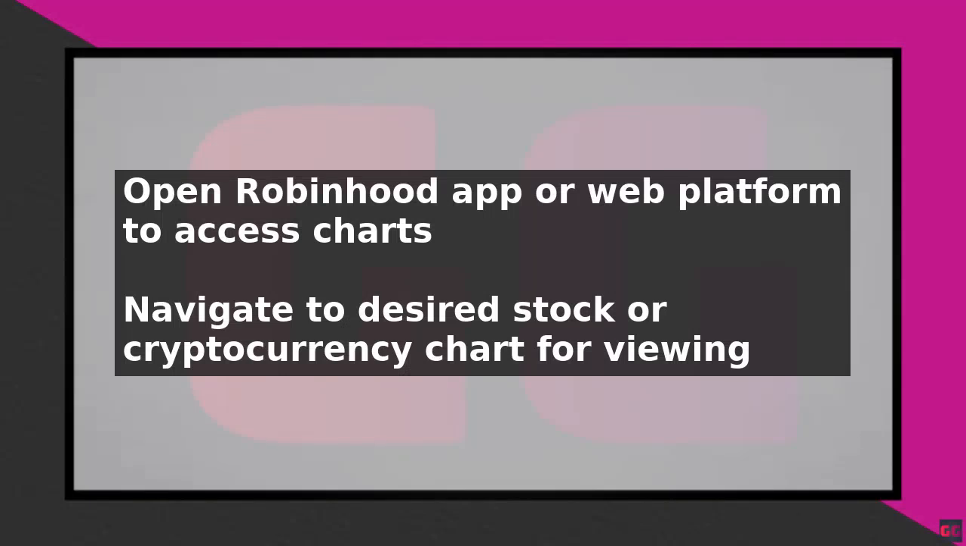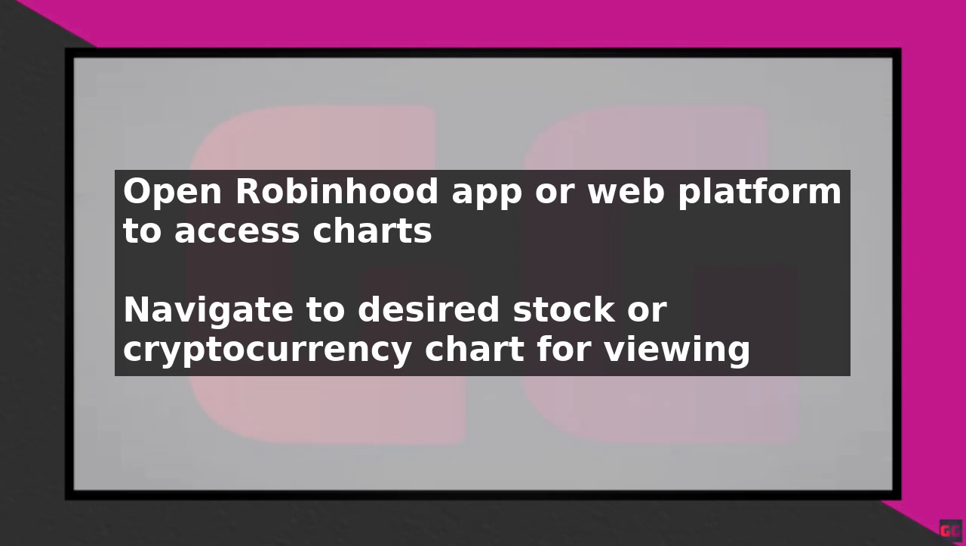To change Robinhood to candlesticks in 2025, start by opening the Robinhood app on your mobile device or accessing it through the web platform. Navigate to the stock or cryptocurrency chart you want to view in candlestick format. By default, Robinhood displays charts in a line graph format, so you will need to adjust the settings to switch